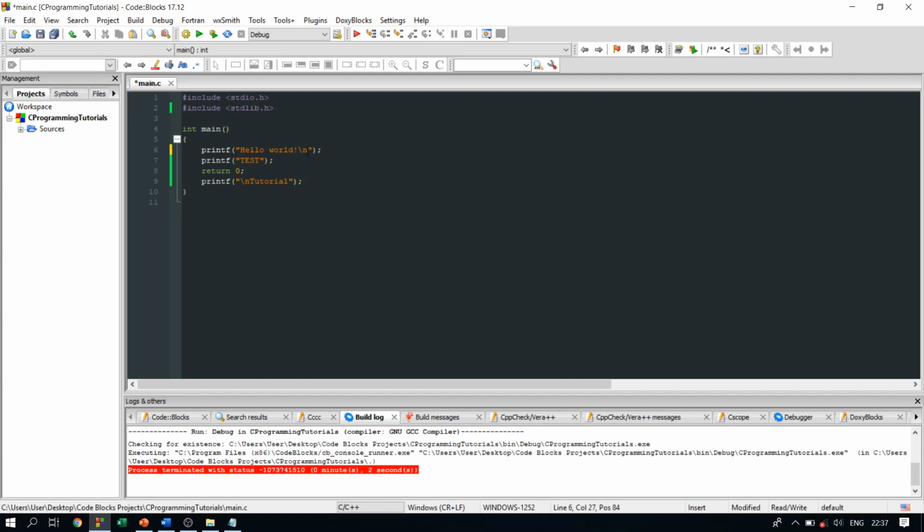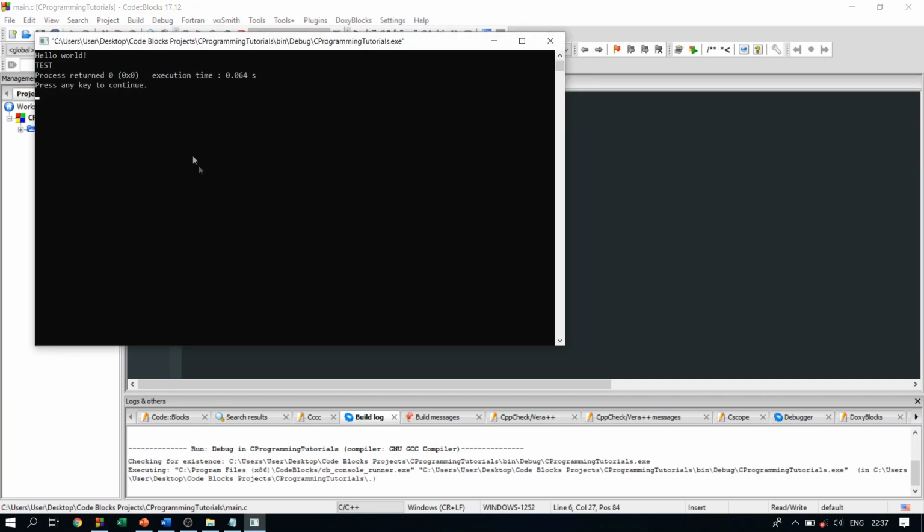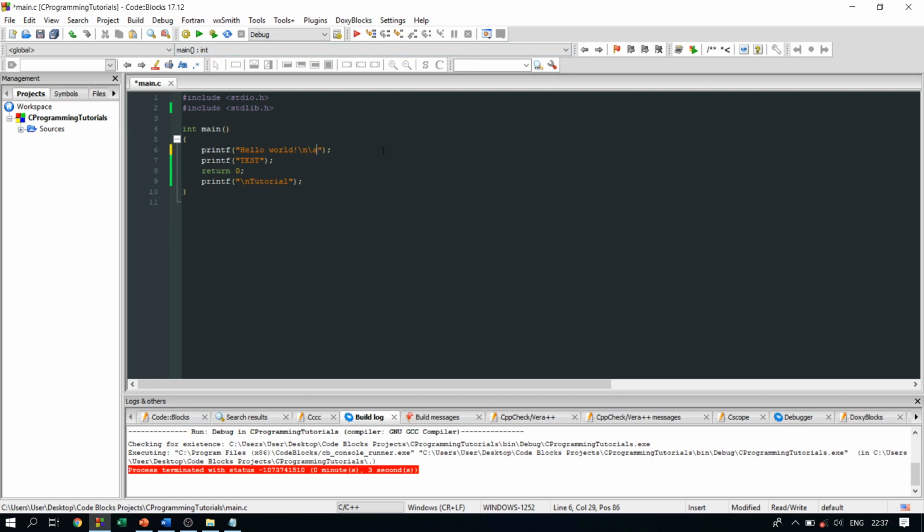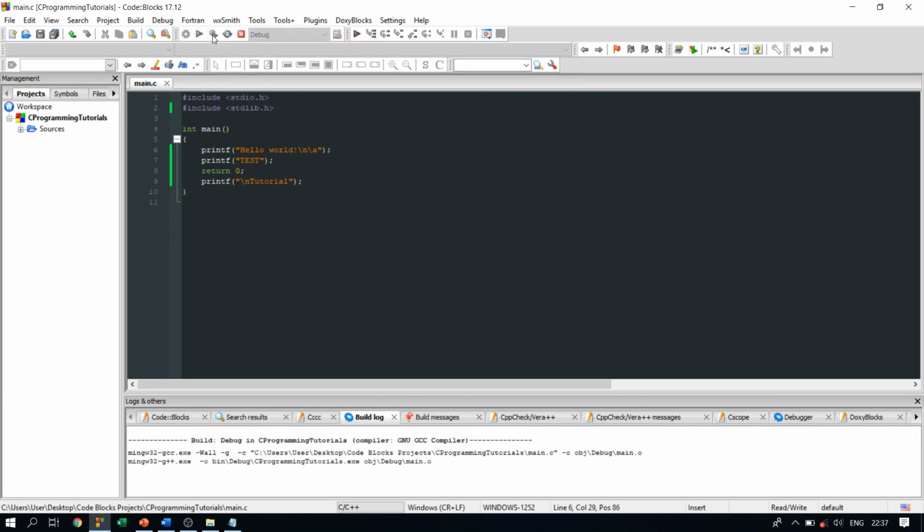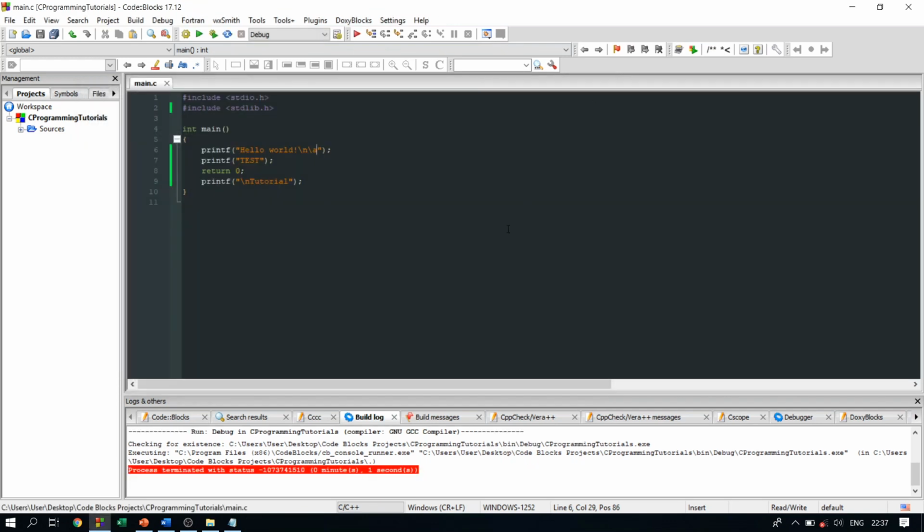For example, we have special characters, that is \n. We learned in the last video that this is used to go to a new line. Apart from this special character, for example, we have \a. That is a character which will make a sound signal when we run the program. And for example, if we run it now, we don't hear anything because there is no sound signal. If we print \a, obviously you can hear the sound signal. Okay,